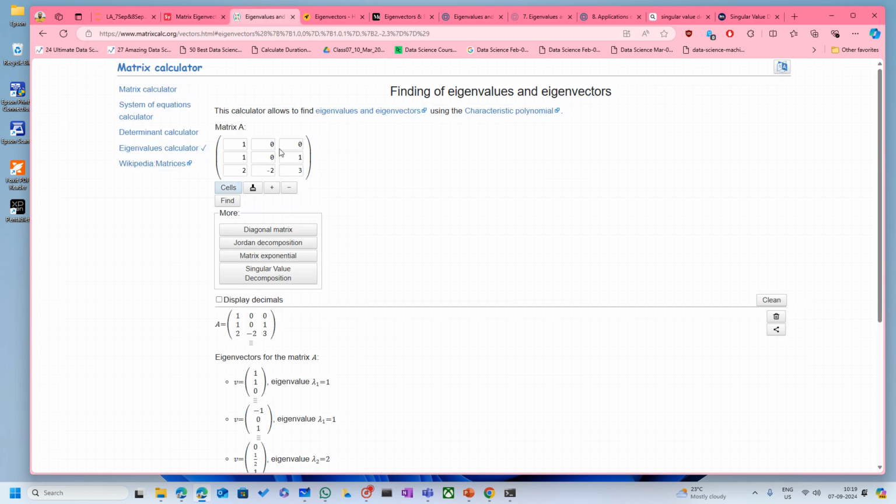100, 101, 2, minus 2, 3. I just entered these values just before the class started. So when you calculate,